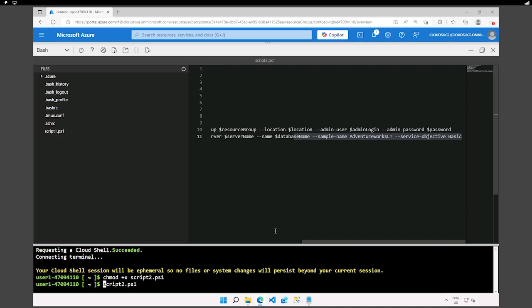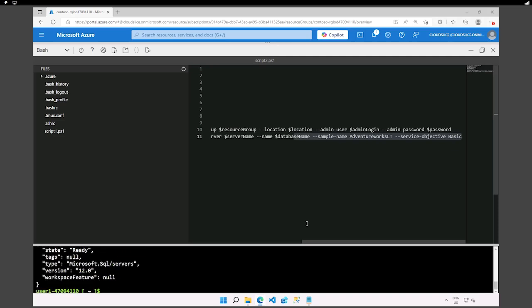All right, so now it's going to create provisioning of our server name number 2. Okay, so it's not creating the database. We're going to have a look once it's completed. It is only creating the logical server. All right. So let's wait for this. And then after, we're going to double check what has been provisioned.